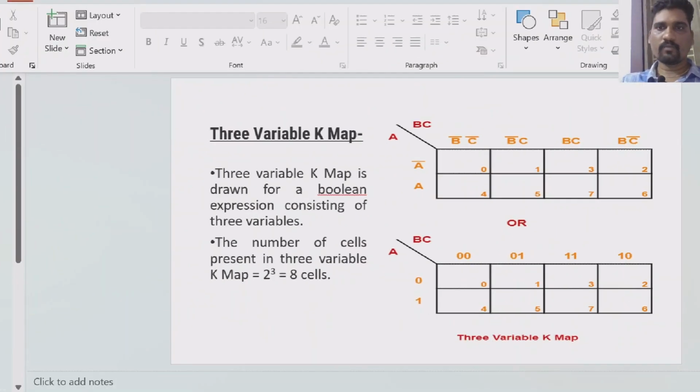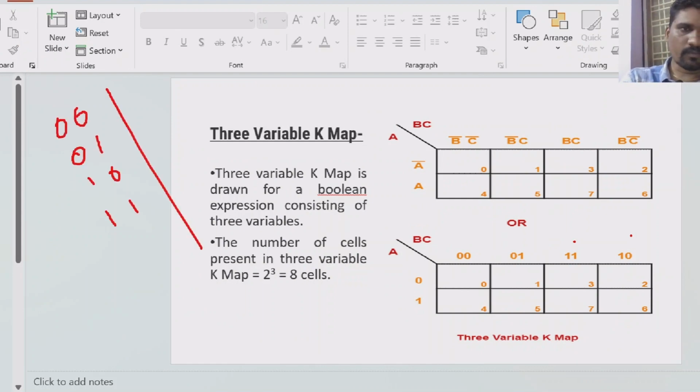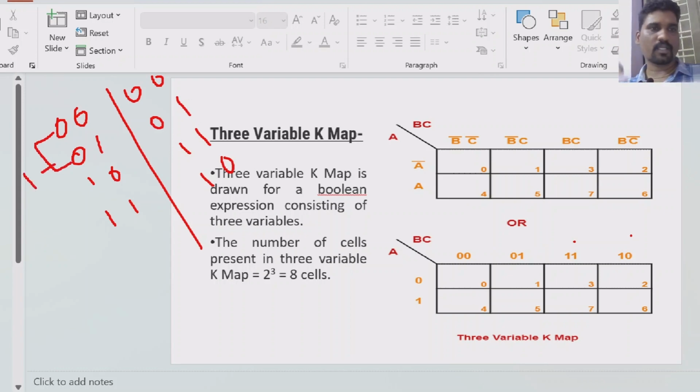Now we'll come back to why we are writing 0 0, 0 1, 1 1, 1 0 instead of writing 0 0, 0 1, 1 0, 1 1. Actually we used to write 0 0, 0 1, 1 0, 1 1. But why are we writing this here? 0 0, 0 1, then 1 1, 1 0, right? Just to perform the cell adjacency operation. Compare 0 0 and 0 1, how many changes? One change. Perfect, we can reduce the operation. Next, compare this value with this value, how many changes are there? Two changes are there. That is the problem here. That's the reason why we cannot write 0 0, 0 1, 1 0, 1 1.